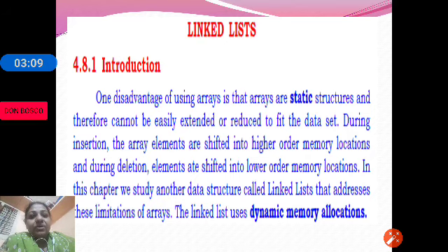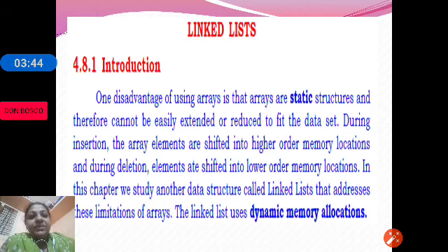That cannot be avoided. So they are called static structures. So arrays are called static structures as they have fixed size. Their size cannot be extended or reduced easily. So during insertion, as we go on inserting, first the element will be stored in 0, then 1, 2, 3, 4, like that it goes on till n minus 1.